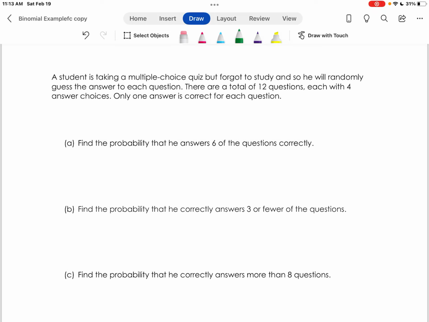A student taking a multiple choice quiz forgot to study, so he's going to randomly guess the answers to the questions. There are 12 questions, and each question has 4 multiple choice answers. Only one answer is correct for each question. We're going to use binomial distribution for this